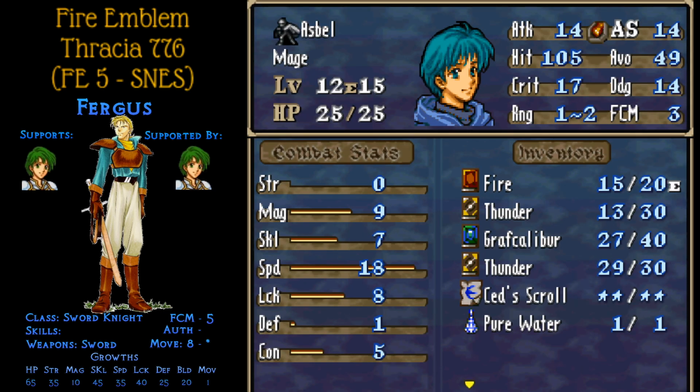Obviously, Asbel is pretty fragile. We've turned him into a bit of a glass cannon. How many chapters did we do today? 2. Every chapter is 2.5 hours right now. It's crazy. These are super, super long chapters. For me, anyway. I'm sure you could speedrun them, but...